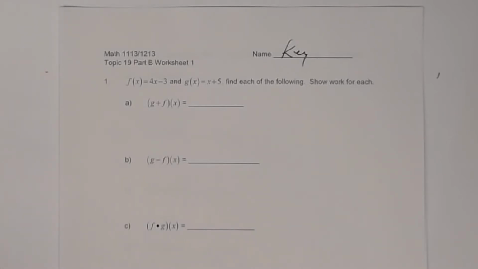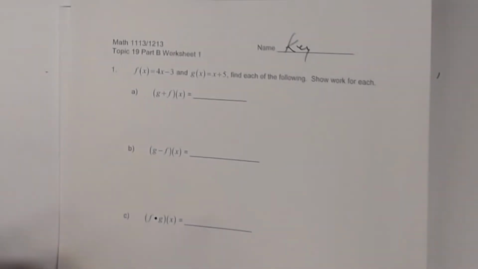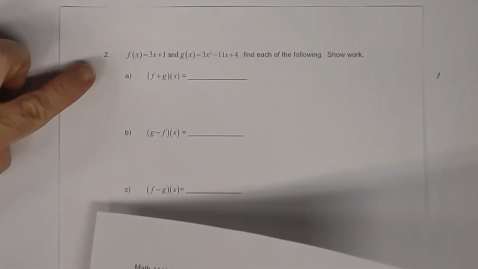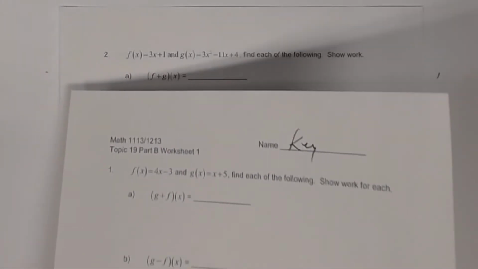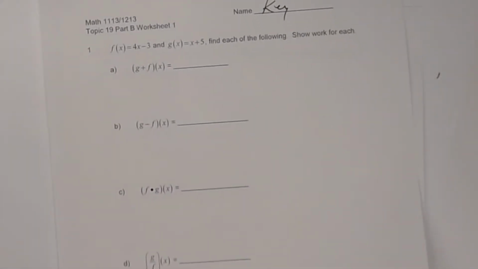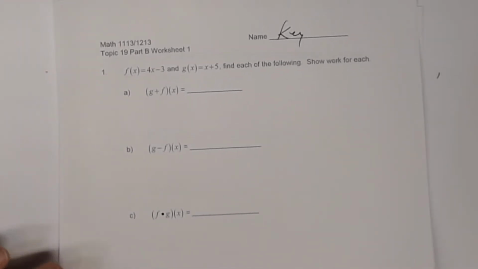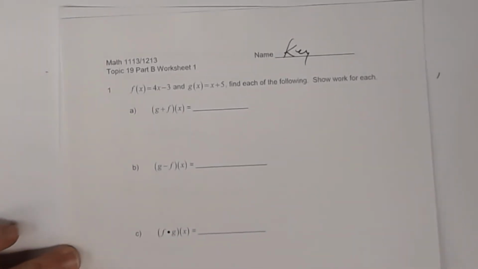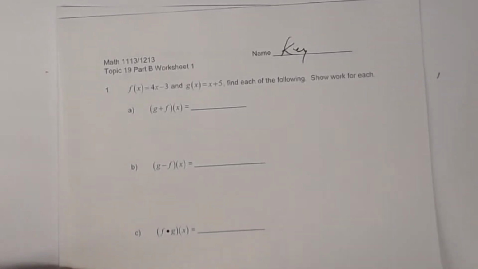This is a key to topic 19, part B, worksheet 1. In number 1 and also in number 2, remember there are 2 pages to this, you're given 2 functions, f and g, in each, and you're asked to perform operations on those functions. So in number 1, let's look at number 1,